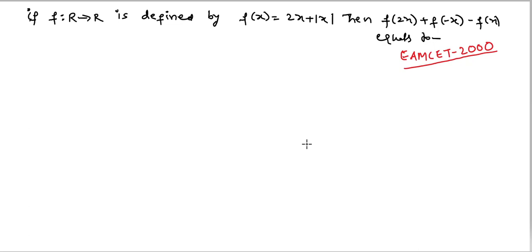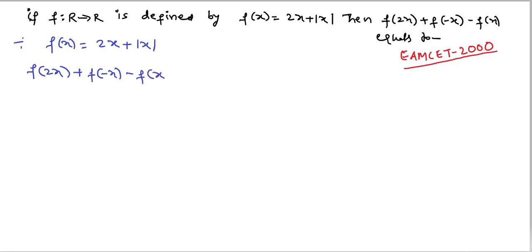If f maps R to R is defined by f of x is equal to 2x plus mod x, then the value of f of 2x plus f of minus x minus f of x equals to dash. Here is given f of x is equal to 2x plus mod x. Now we find the value of f of 2x plus f of minus x minus f of x is equal